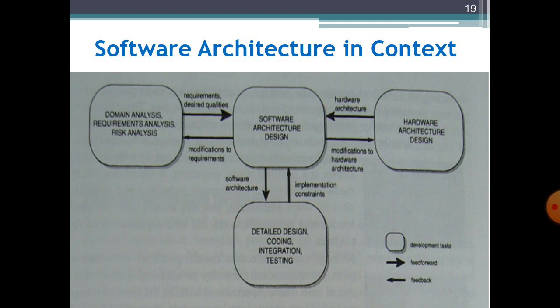Any software, regardless of its application domain, should have an overall architectural design that guides its construction and development. So ultimately, the success of a software product or system largely depends on the